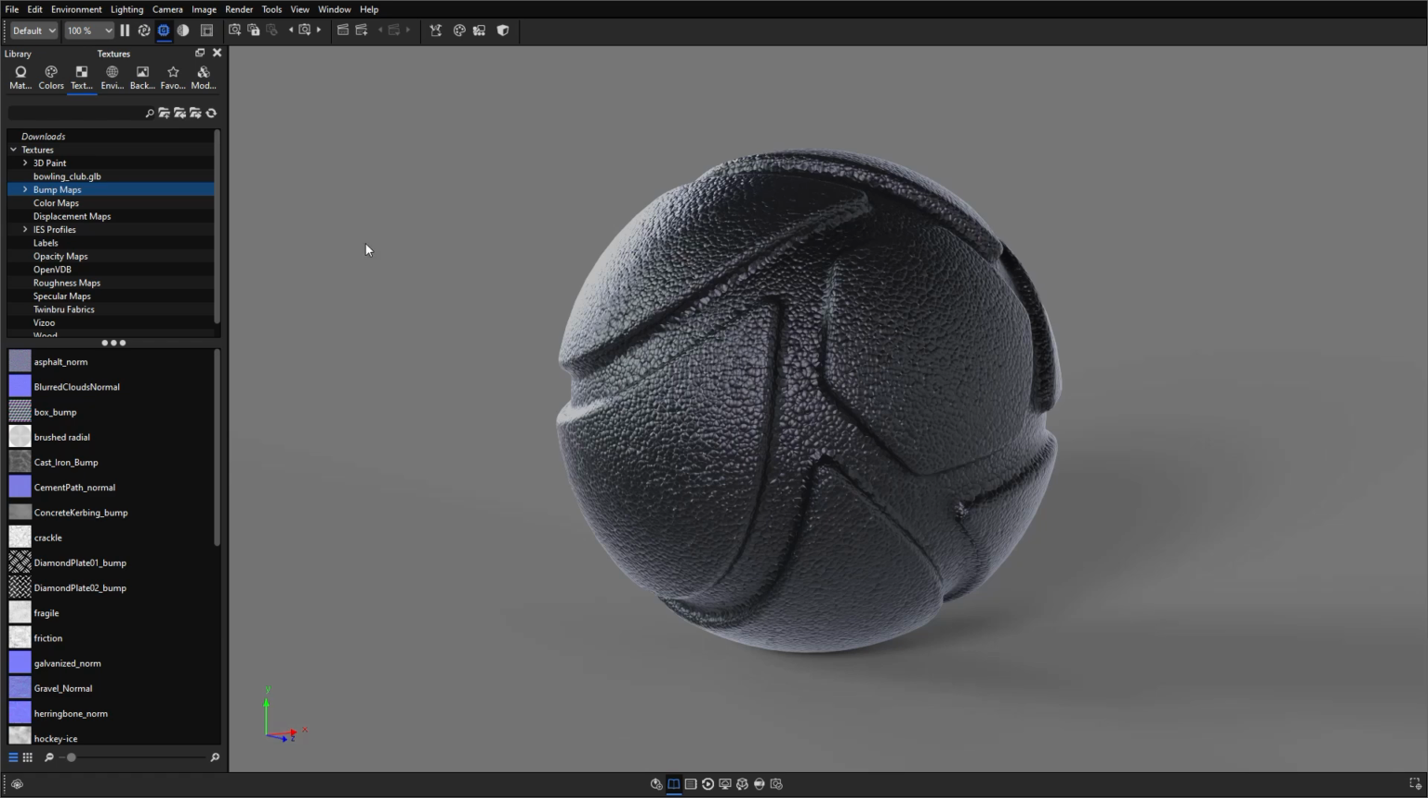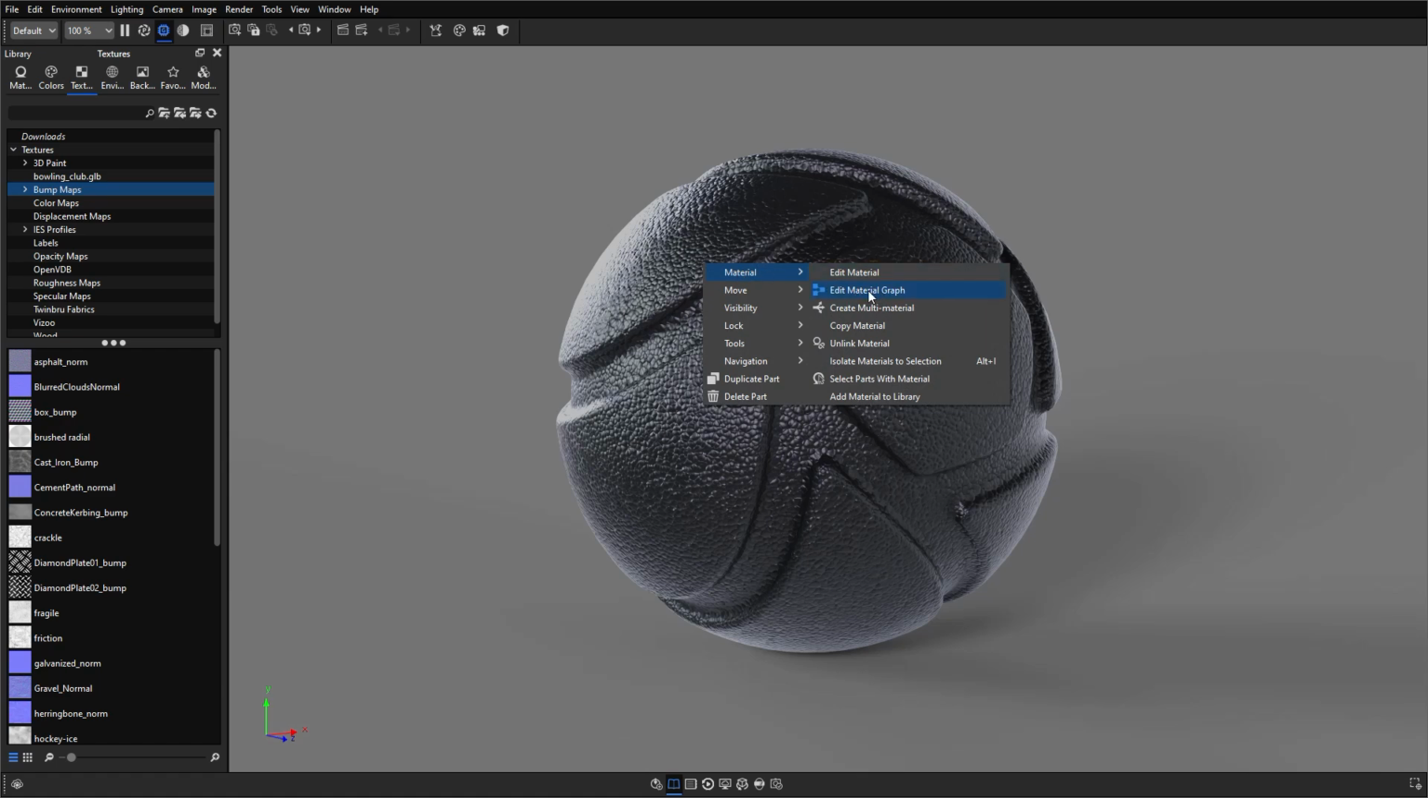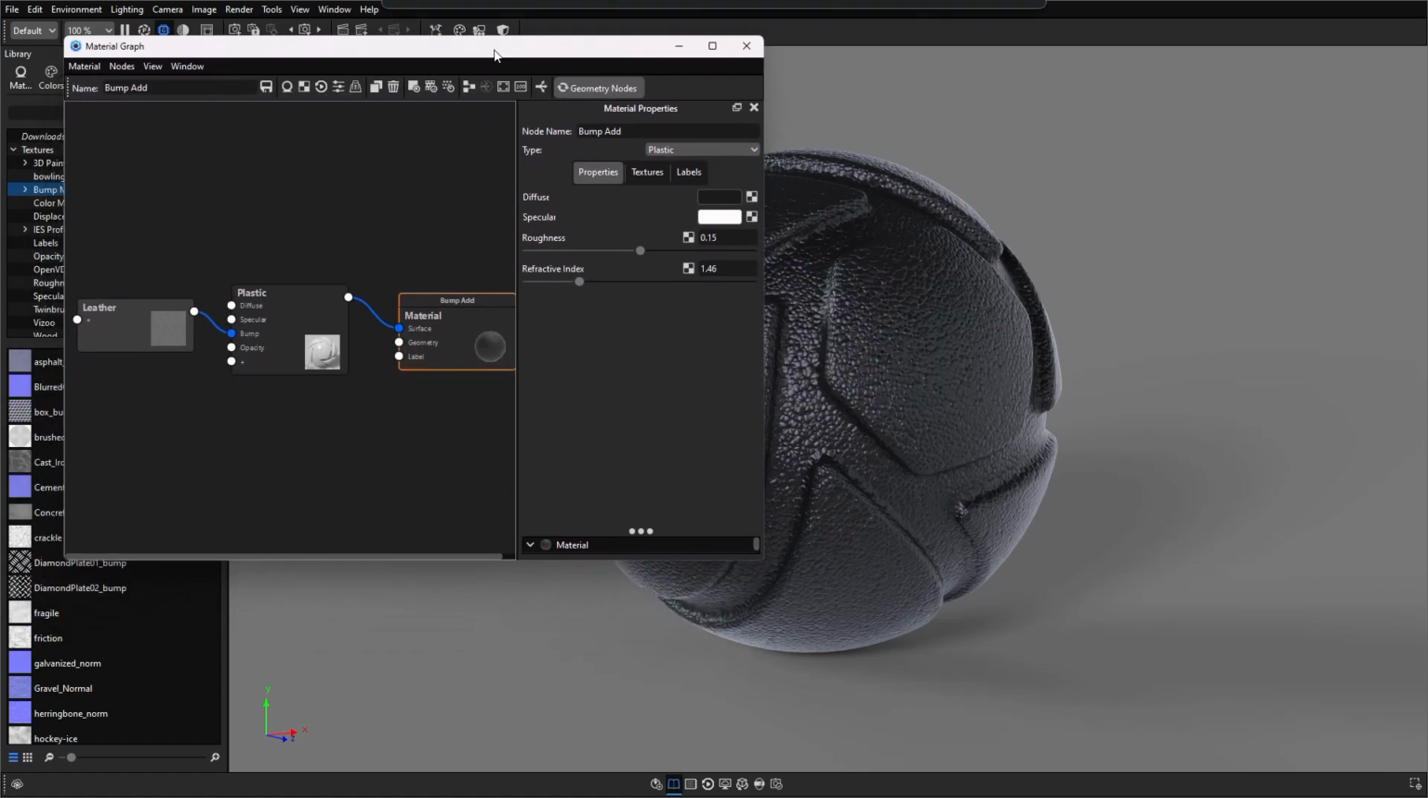Hello everyone and welcome to this quick demonstration on how to use the bump add utility node. You'll find the bump add utility node within the material graph itself. So I'm just going to edit the material graph of this material to bring up what is currently attached to